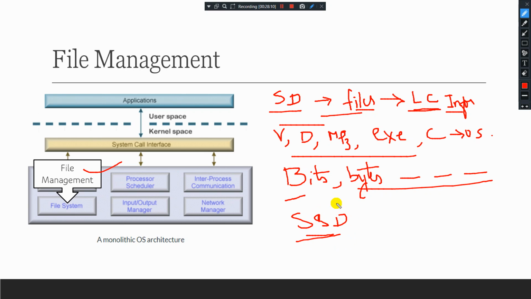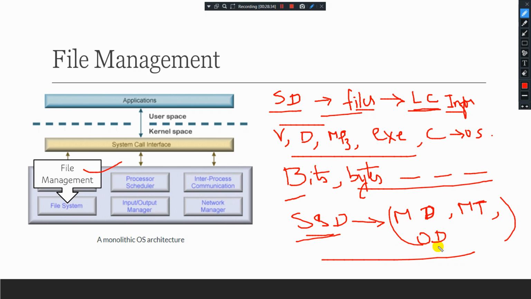These physical media are of different types: magnetic disk, magnetic tape, or optical disk. All these media have their own characteristics and physical organization. Each media is controlled by a device.